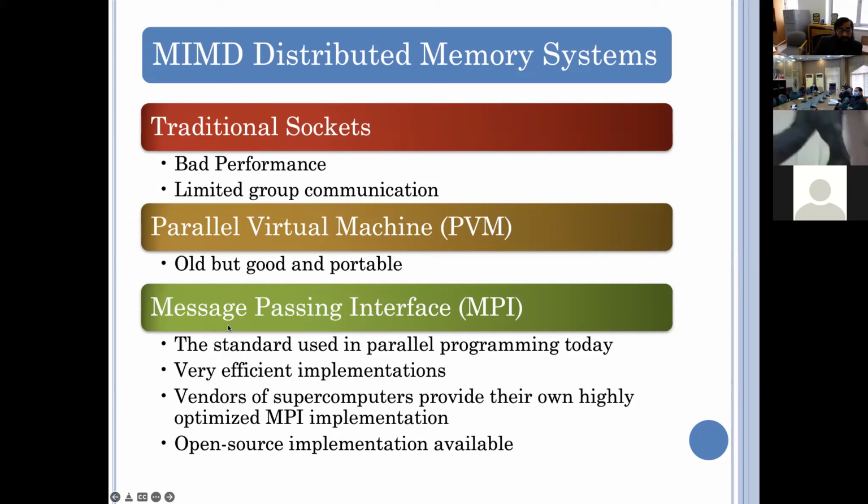MPI right now is the new standard. It has 2 standards, the MPI 1 standard and the MPI 2 specification. So why are people shifting to MPI? Because we have both types of implementations available: vendor-specific implementations and open source implementations. For example, if you look at the top 5 computers, some vendors are Fujitsu Siemens, some IBM, Dell, Intel. All types of implementations are available, and even open source is available, which you can use.